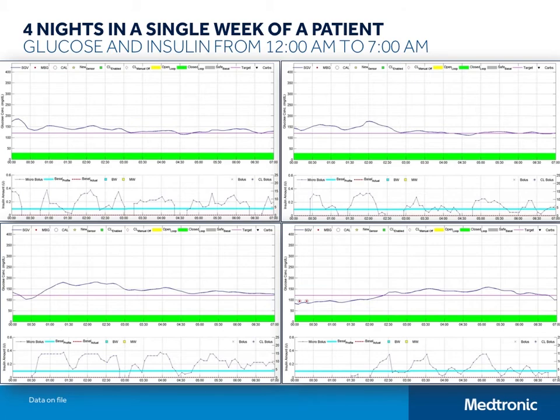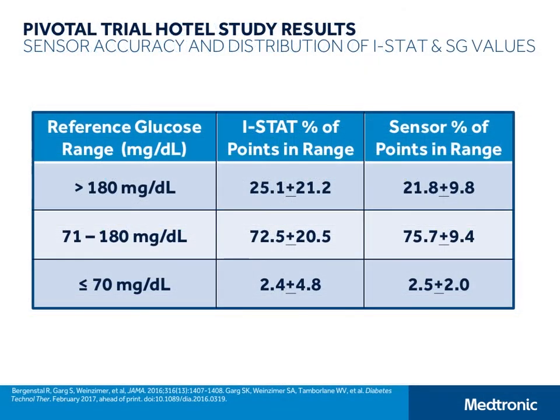So I do want to show you this slide because I told you that we had the patients come into the hotel and that we did a comparison between the sensor data and simultaneous venous blood obtained with the iStat machine. And I think you can appreciate that the distribution of the venous glucose compared to the sensor glucose is